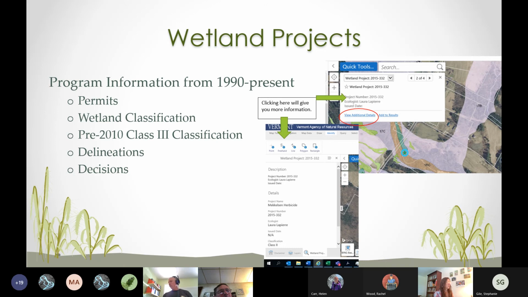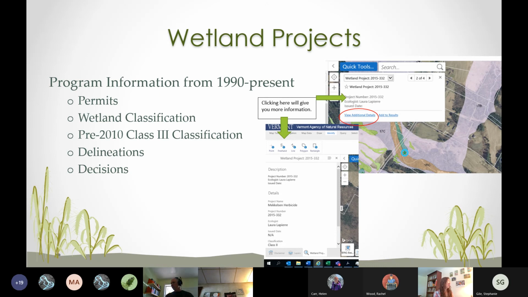Some of the projects also have delineations on file, so if you come across a parcel that has a project associated with it, it's always good to check into our office. We have digital information, I think, available from 2013 till the present. Projects before that are not digitized yet, but we are hoping to get those digitized. That's our other goal in life, to get all that information digitally available.